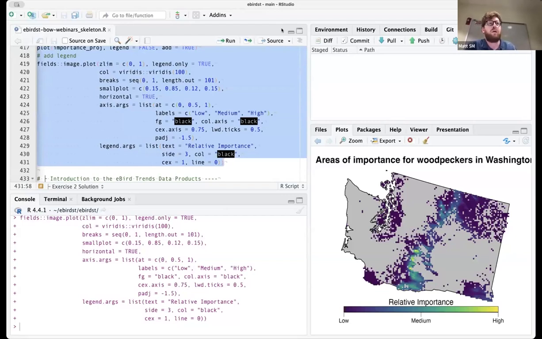And this is a really common need, and it's what makes status and trends data products so valuable. There's a million things you could do for conservation, but your resources are always constrained. So it's critical to be as strategic as possible with your conservation resources and investments. And part of that is precisely directing those resources to be in the right place and at the right time. And these two examples were representations of that.